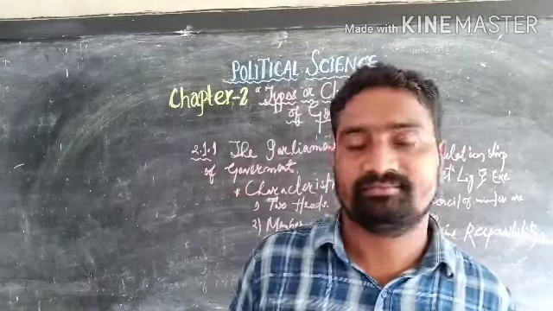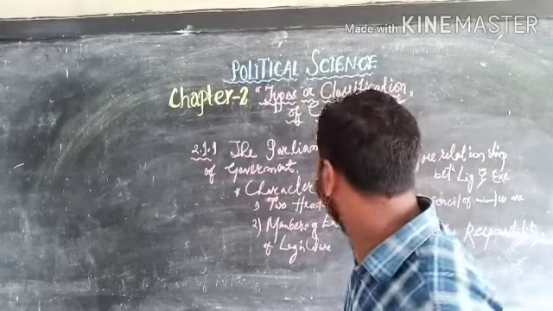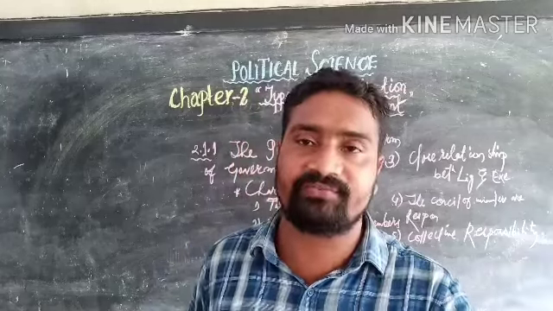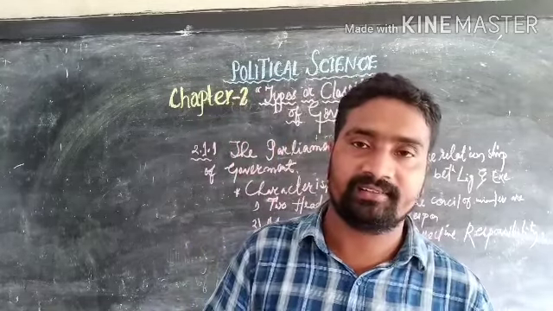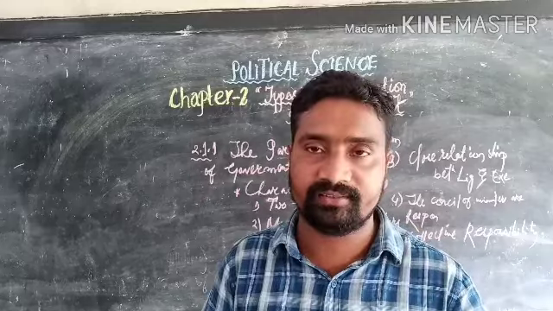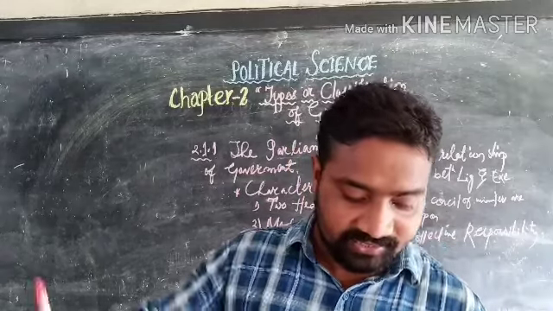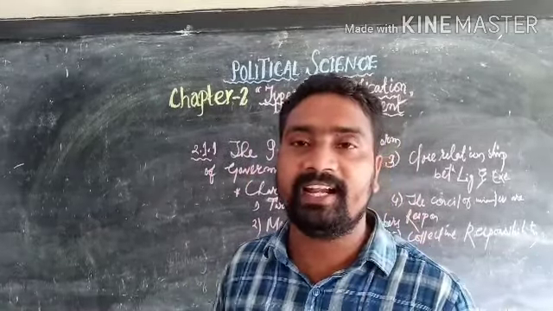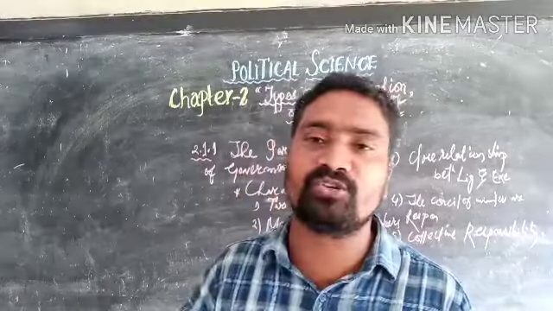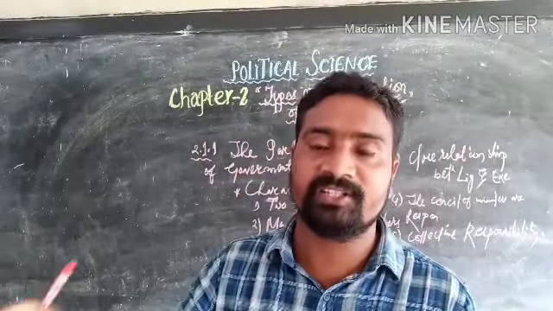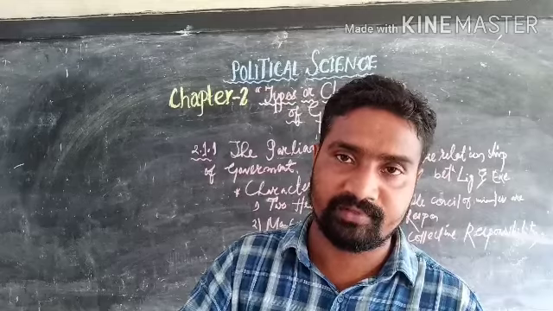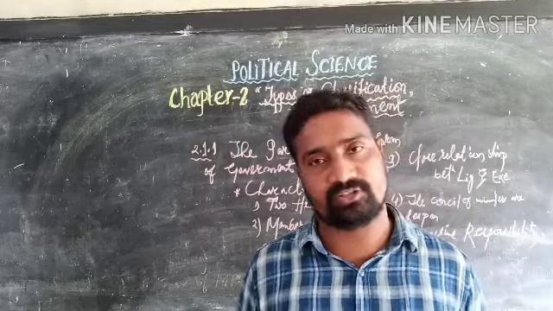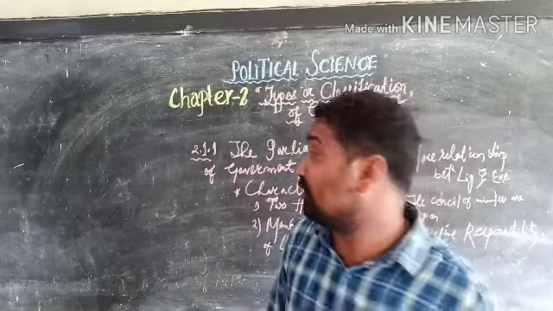Okay? And then if the legislature finds that an executive is failing to do the duty, what happened? They will be forced to pass no confidence motion. And once no confidence motion is passed, the government may collapse. Now another question arises, that is, what is no confidence motion? So let me tell you what is no confidence motion.